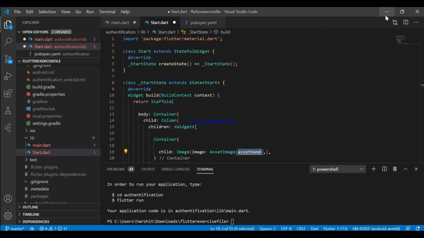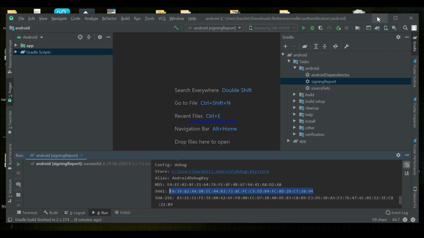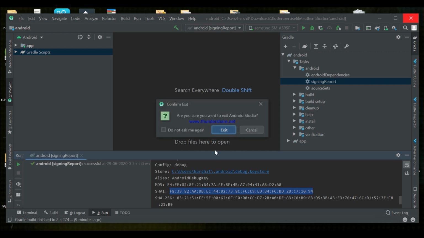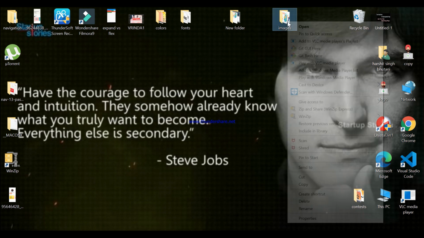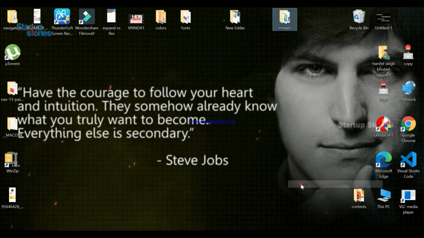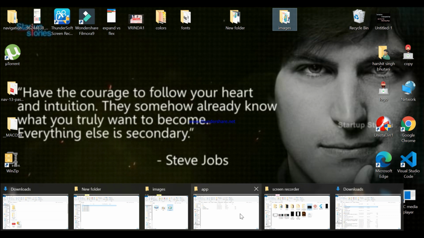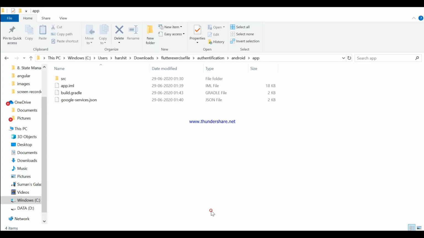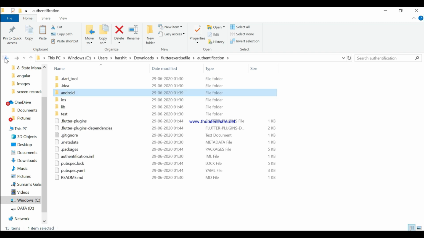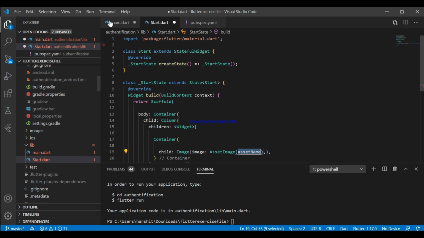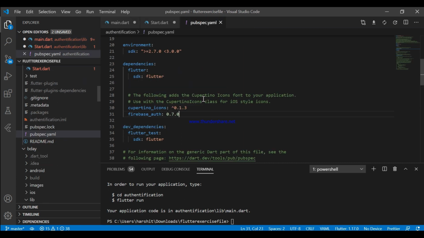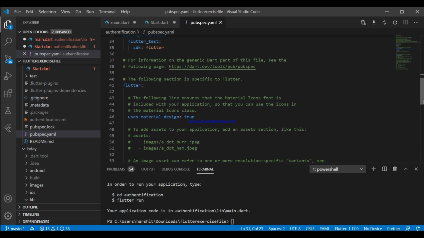Okay, we don't need this anymore, so exit. This is the images file that I need for this application. Just copy this and paste this file in this app directory. Just paste this here. Now go to pubspec.yaml and import the image first.